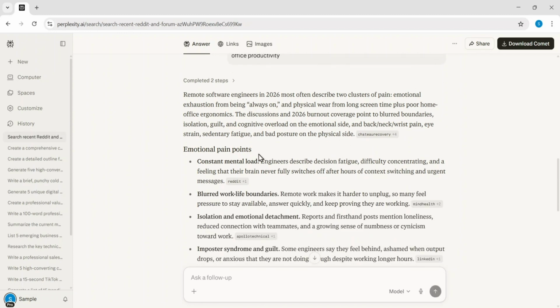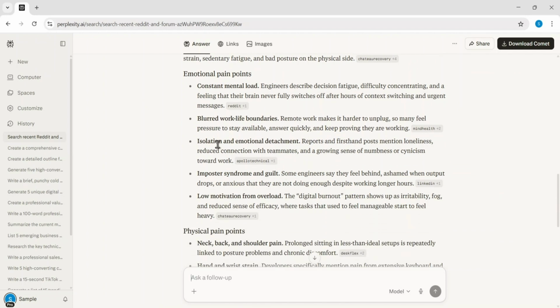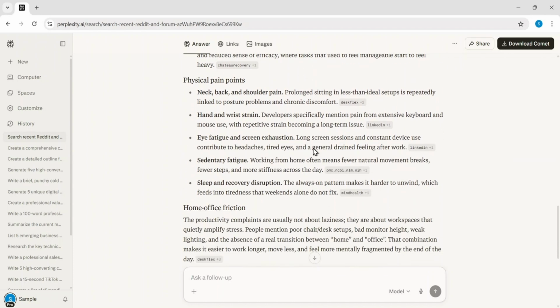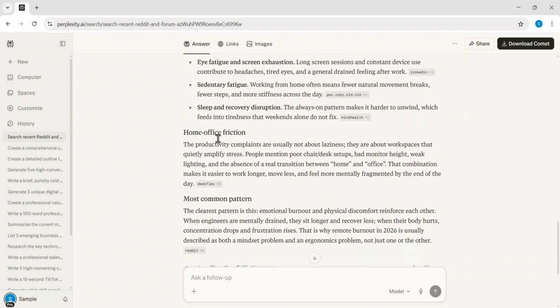On the physical side, the results highlight chronic neck and shoulder pain from poor ergonomics, along with persistent eye fatigue from long hours behind a screen. By using these specific insights, you can move past generic marketing and speak directly to the deep-seated problems your audience